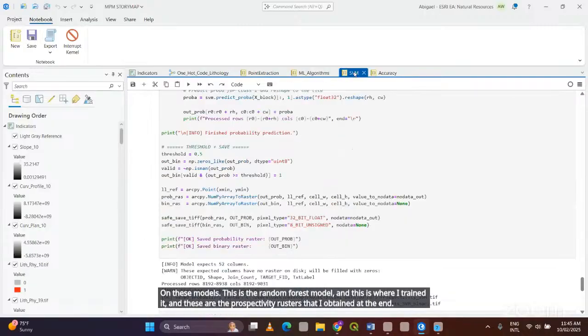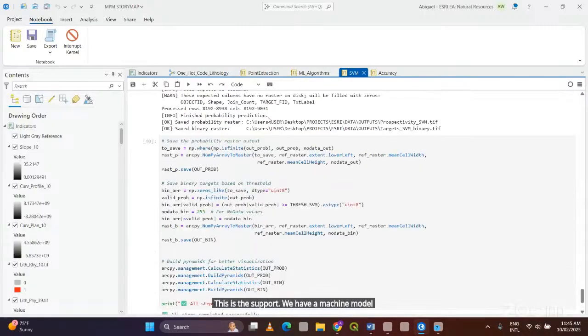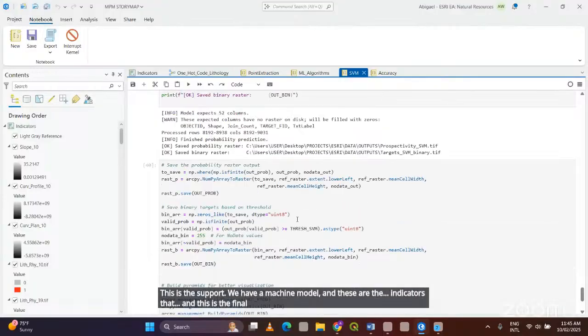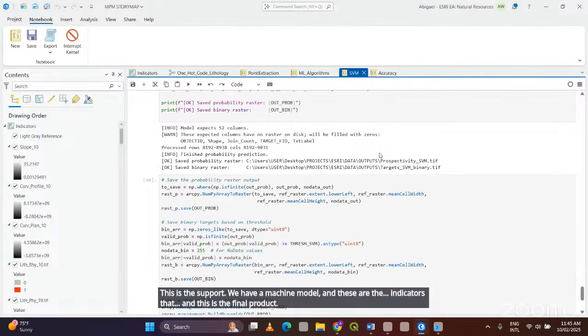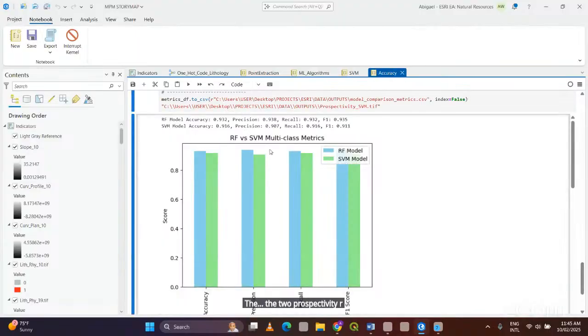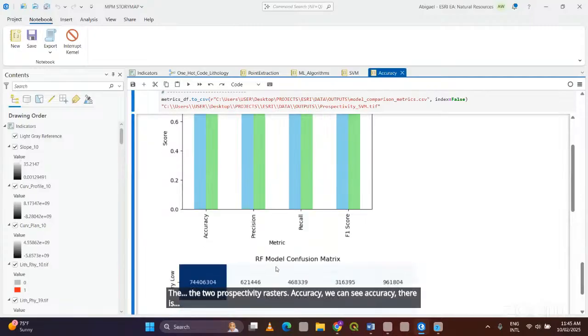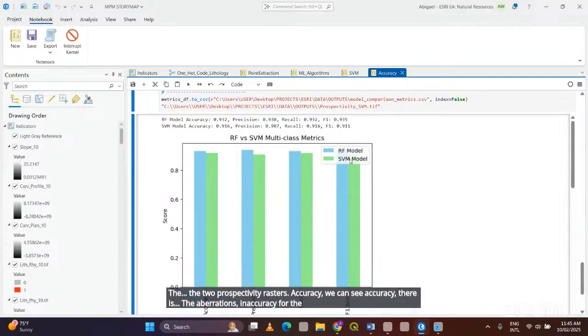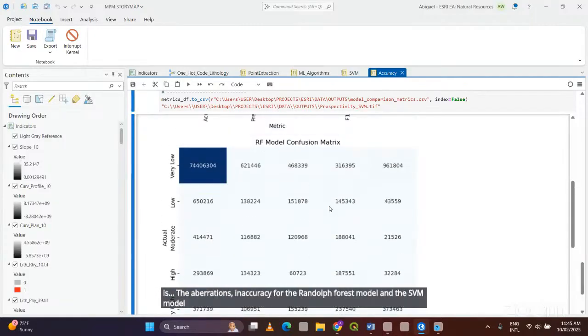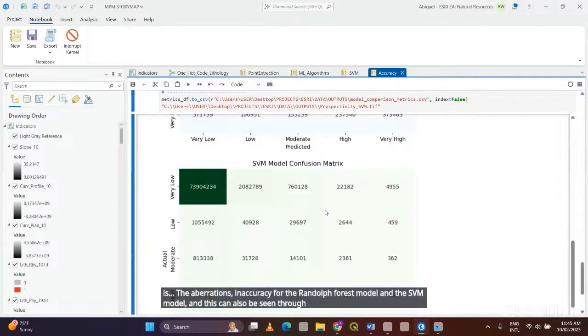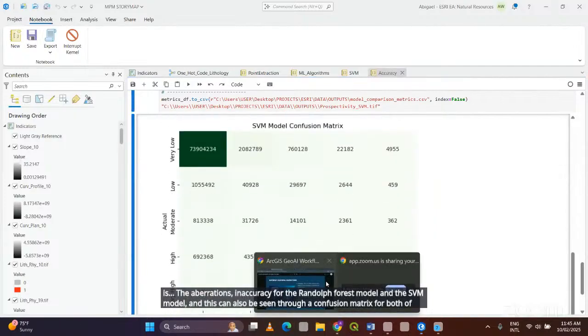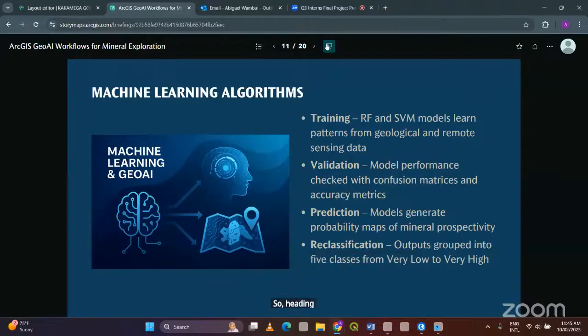This is the support vector machine model, and these are the indicators and this is the final product, the two prospectivity rasters. Accuracy, we can see accuracy, there are variations in accuracy for the random forest model and the SVM model, and this can also be seen through a confusion matrix for both of these models. So heading back to the presentation,